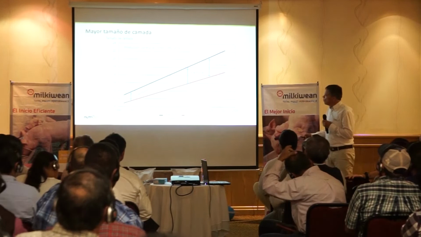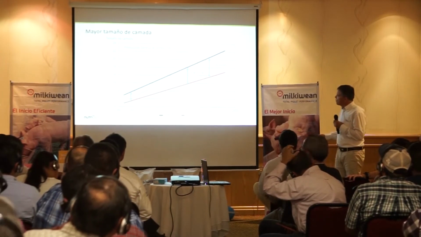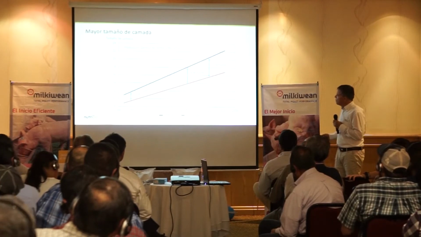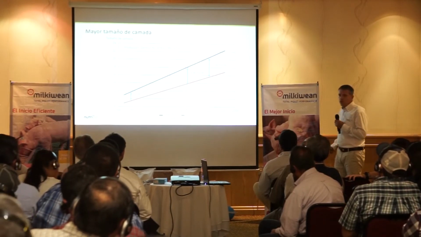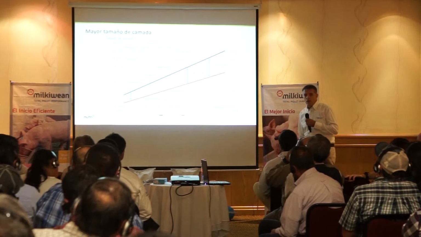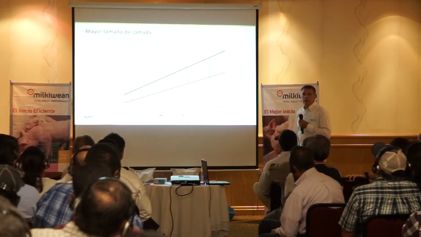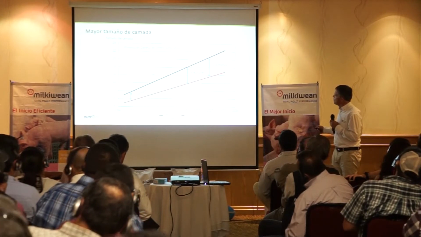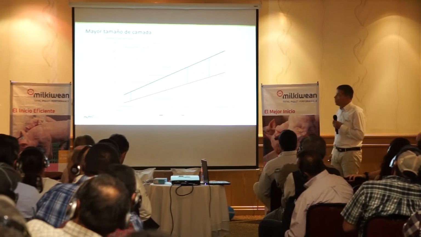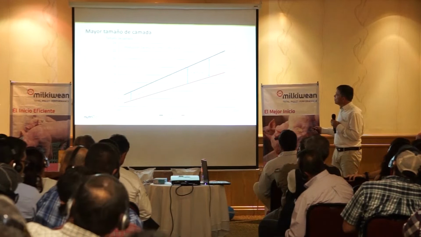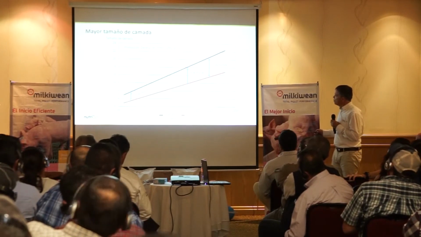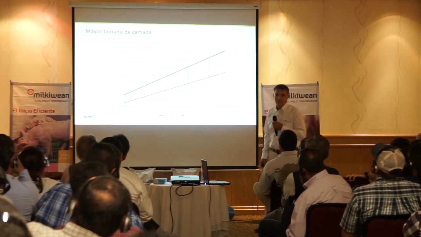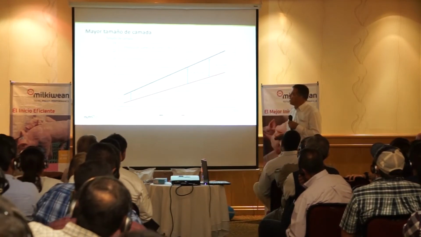And when you also look at the number of weaned piglets, we see that it has also increased from less than 10 to now around 14 piglets per litter. And when we extrapolate that to 2025, you see that it will further increase to 20 piglets total born and around 16 piglets weaned. So that is a huge amount.